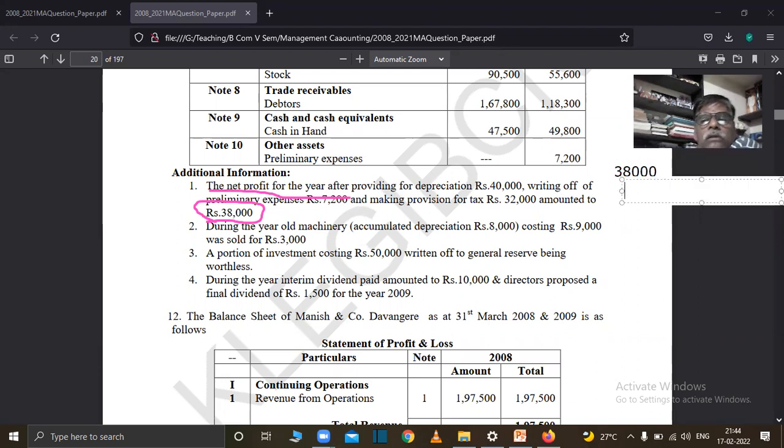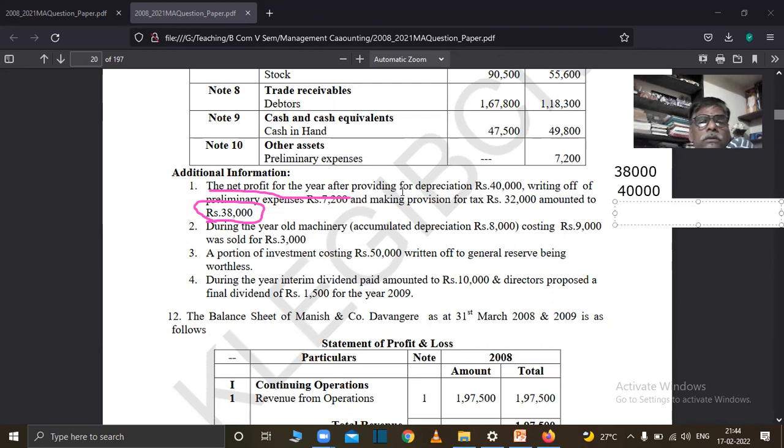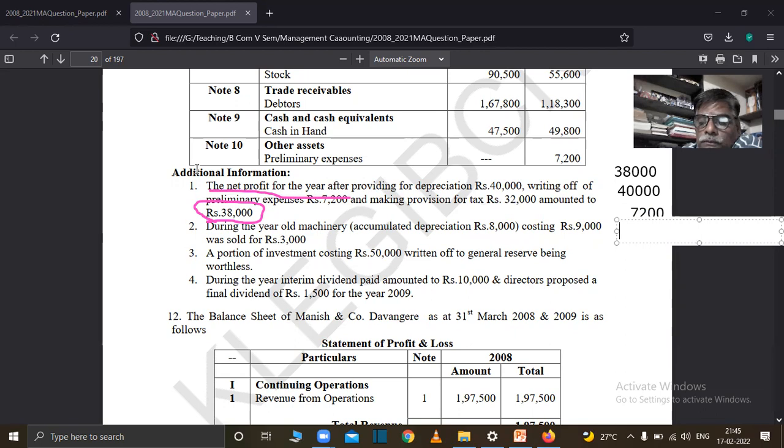First you have to add whatever expenses are there. 40,000 depreciation. Next you add 7,200 preliminary expenses written off. Next you add 32,000 provision for tax. Okay, if you add these,